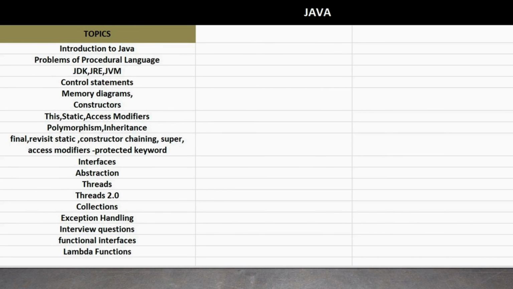First module we are going to cover, it is Java. So these are the Java topics. In these topics, we are going to learn from beginner to advanced. And first, we are going to learn about introduction to Java, then problems of procedure language, and some differences between JDK, JRE, and JVM, and control statements like if and else, and memory diagrams and constructors, and this keyword, and static variables and methods, and access modifiers like protected, default, public, private, and then polymorphism, inheritance, then final keyword, and